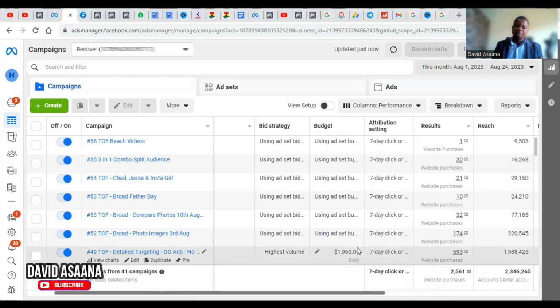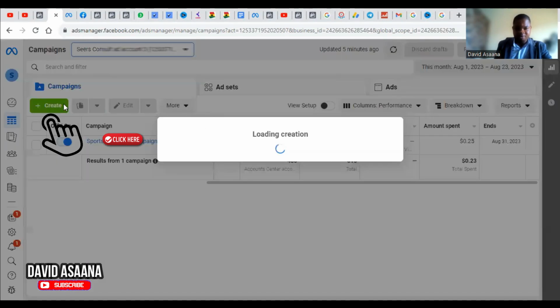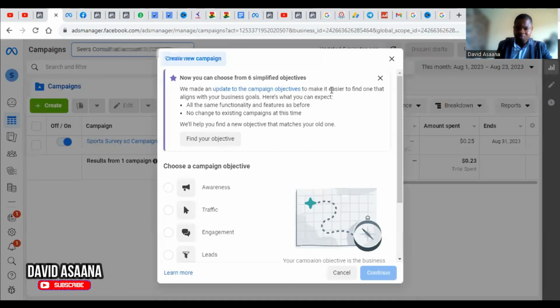So I will be able to help you to also make a lot of sales in relation to whatever business you are doing. Of course, if we don't make sales, we can't continue to spend all of this money. So we are able to get a good return on the investment in advertising. And this is exactly what you need to do in order to create whatever ad campaign you want to create. When you click on create, for example,